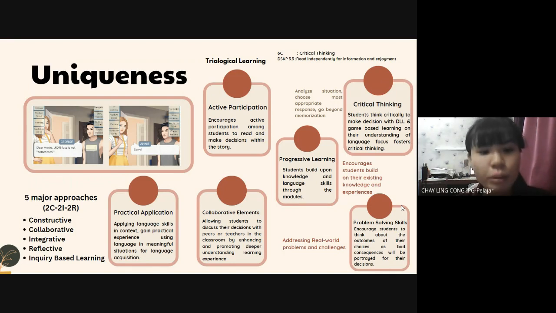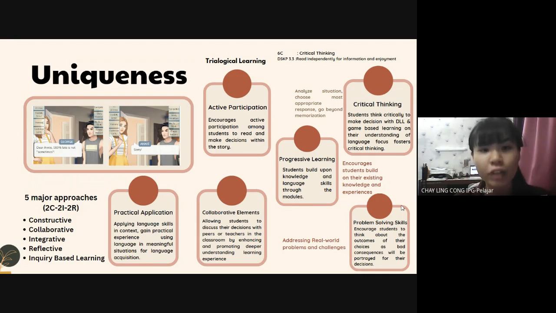So the next one will be the practical application. By applying the language skills in context, they will gain practical experience by using the language in meaningful situations for language acquisition. So after they have learned throughout this interactive story game, they will try to use the language focus in their daily conversation,